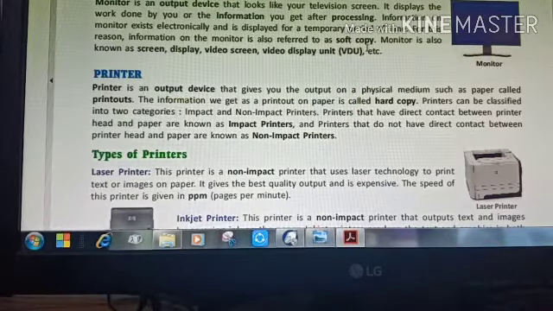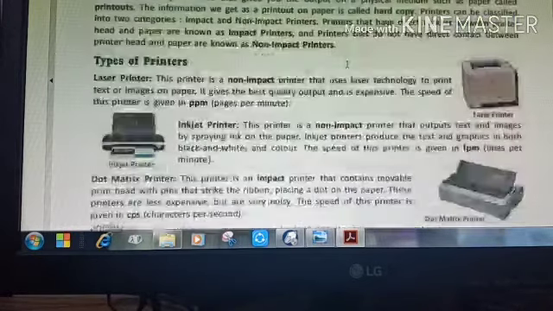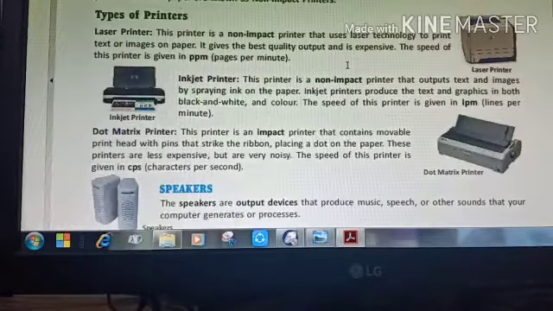Printers, you must have seen printers in your computer labs, at your homes, and in shops also. A printer shows the output in the form of a printout, which we can also call a hard copy. We have different kinds of printers. A laser printer is expensive but gives the best quality printouts.